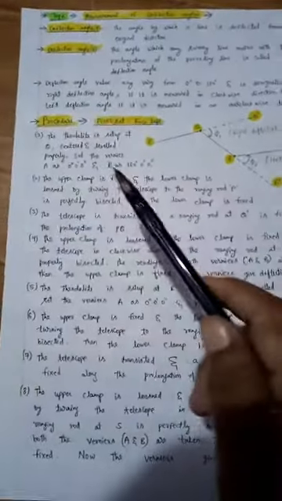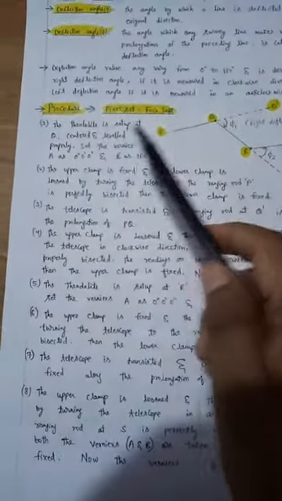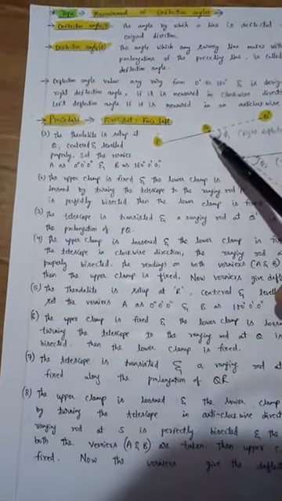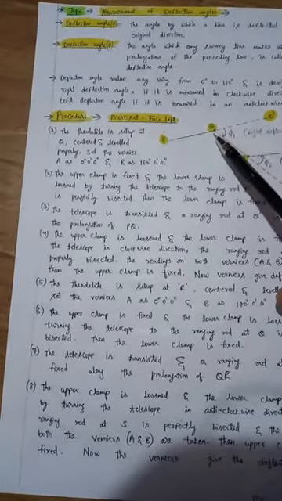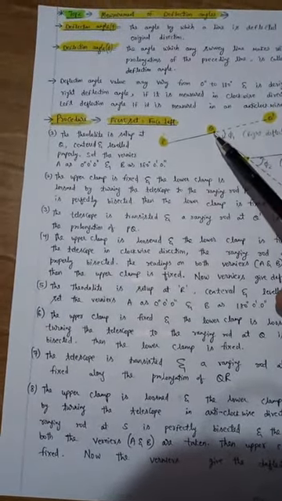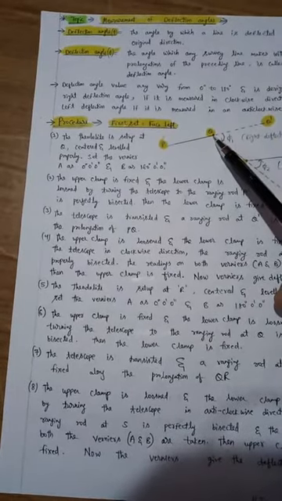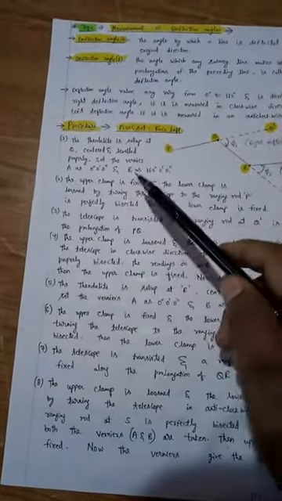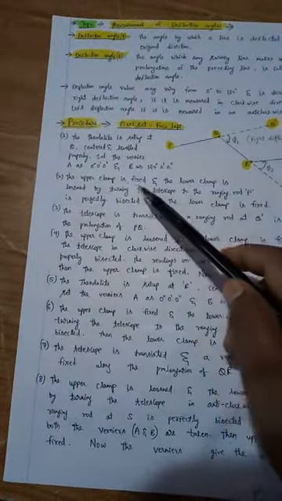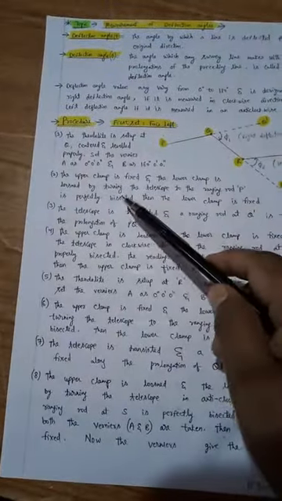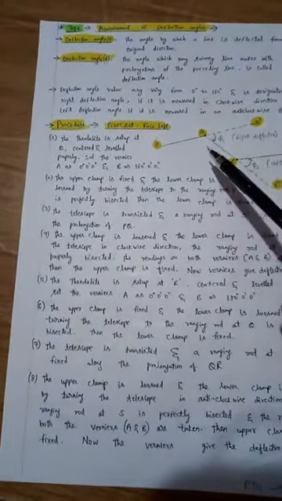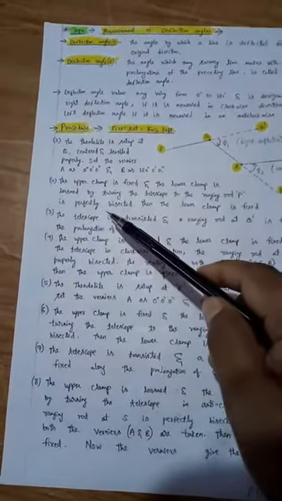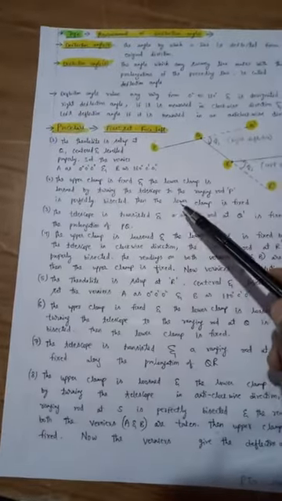The first step in the procedure is the theodolite is set up at Q. So this is Q. The theodolite is centered and leveled properly. Set the vernier A as 0 degrees and B as 180 degrees. Now the position of the theodolite should be: upper clamp is fixed and lower clamp is loosened. By turning the telescope, the ranging rod P is perfectly bisected, then the upper clamp is fixed.